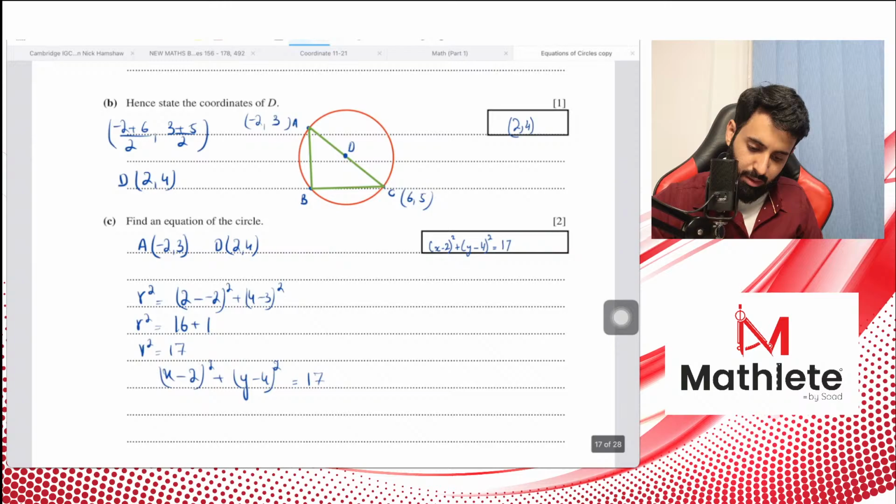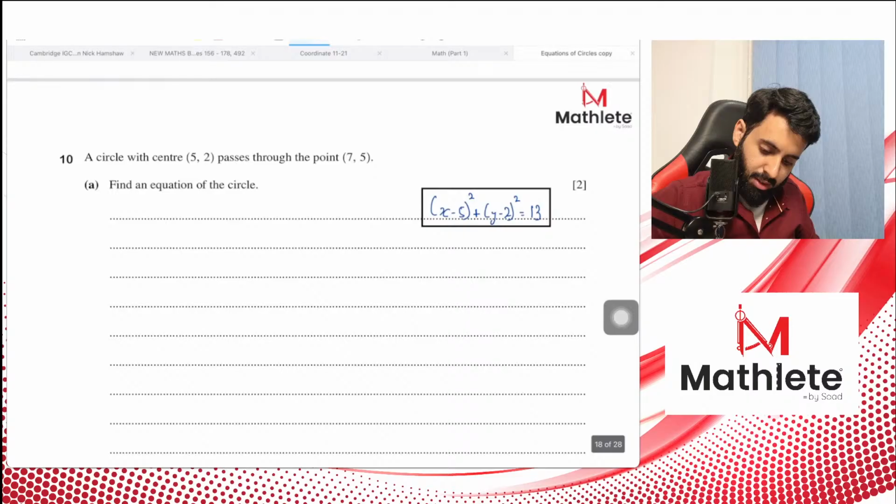Okay, now let's see what this says. So this says a circle with center 5, 2 passes through the points 7, 5. Find an equation of the circle. Okay, so fairly simple. We have the center. All we have to do is find out the radius. So that's going to be 7 minus 5 the whole thing squared plus 5 minus 2 the whole thing squared. So 7 minus 5 is 2, square of which is 4. 5 minus